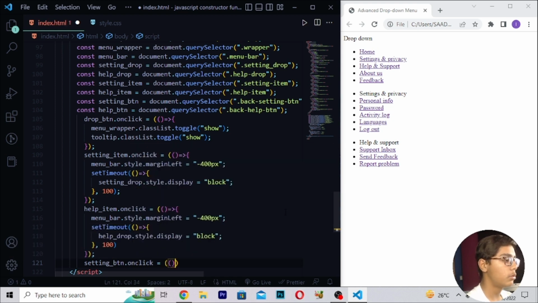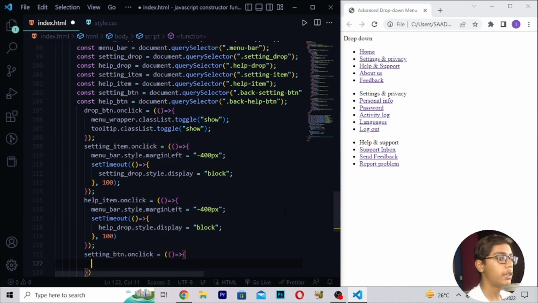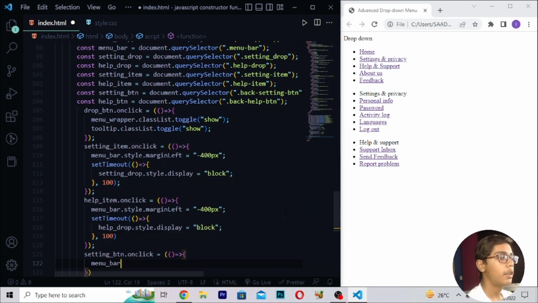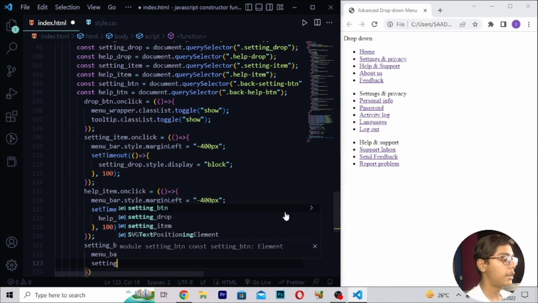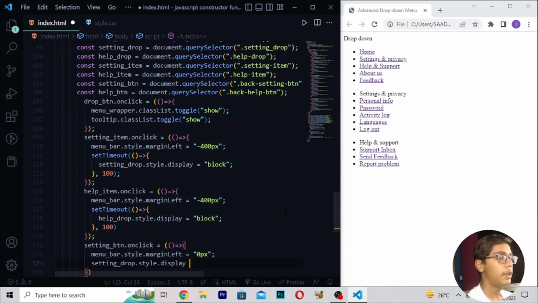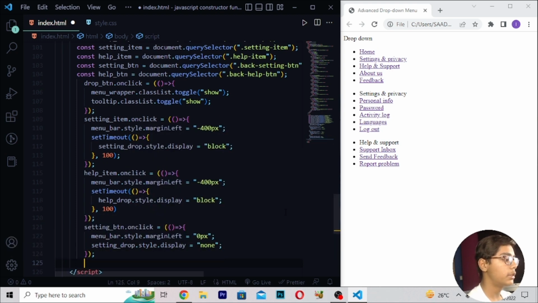right here is equals to, then right is equals to like this, and right here menu-bar, and when you've written this, here I'll be writing dot style dot margin-left, and here I will be writing is equals to 0 pixel, then here I will be just writing setting-drop, then I will be writing dot style dot display is equals to none, then here I will be closing this, right here help_btn dot on click, right here